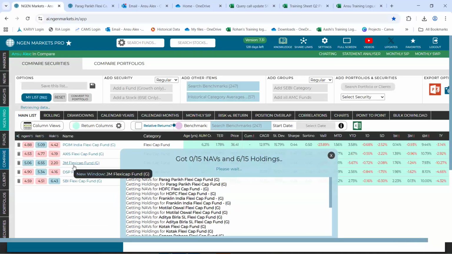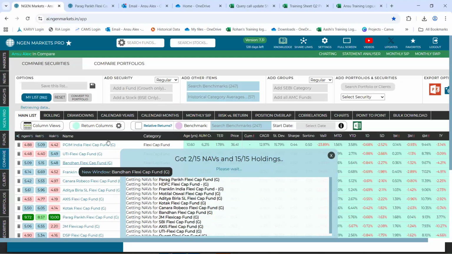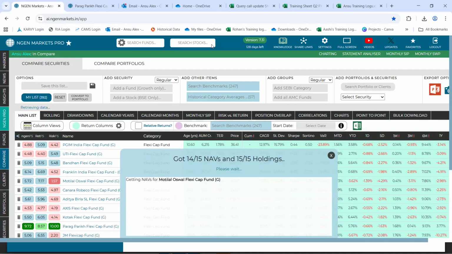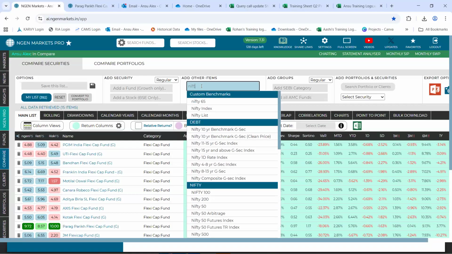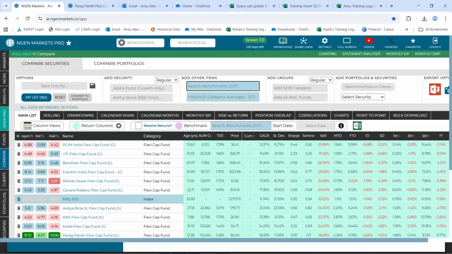So our entire list has now been added to this compare section, wherein you can add not just funds but also the respective benchmark as well as category average, and you can add the same from this section called add other items. So I'll simply search for Nifty 500, which is the appropriate benchmark since FlexiCap is the category.